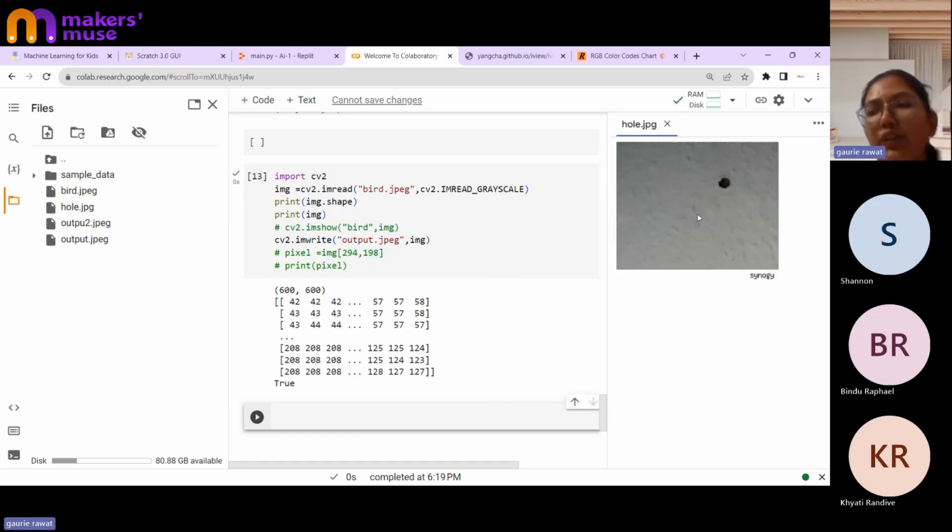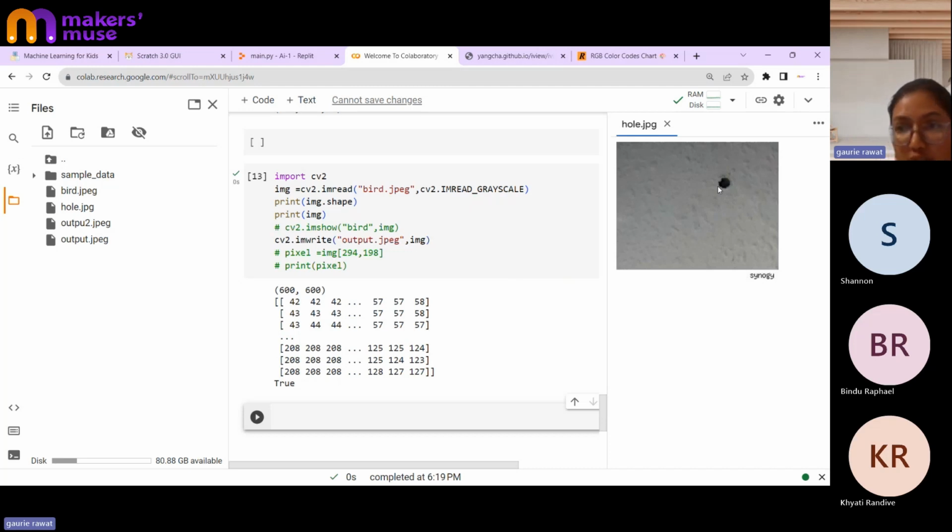So you all can see that I have taken up this image. That's my whole image. And over here I have a black spot. What I want to do is hide the spot. I don't want this black spot to be coming up. I want to edit this image with different colors, whatever is my choice.